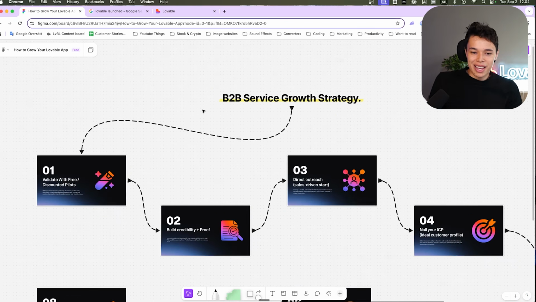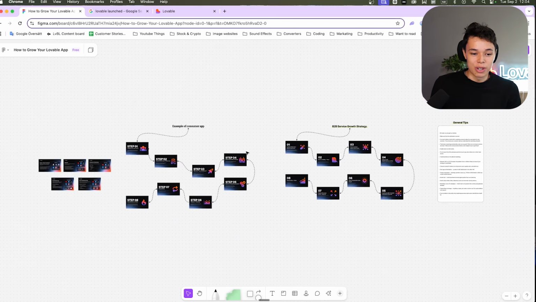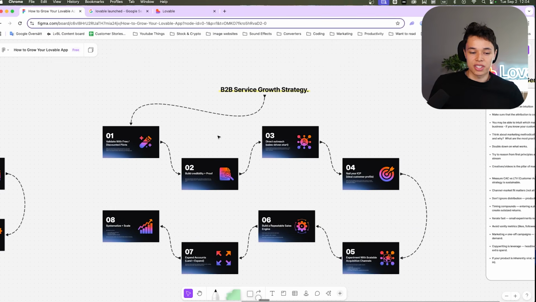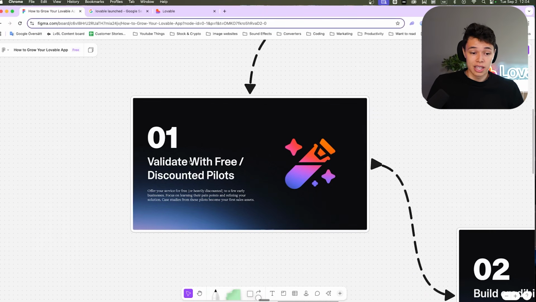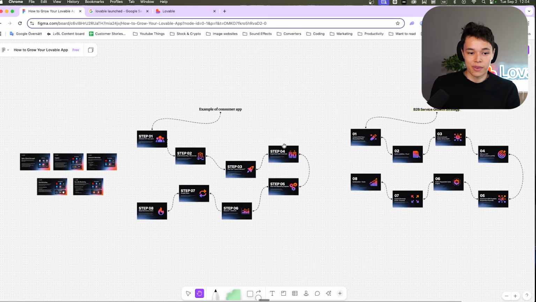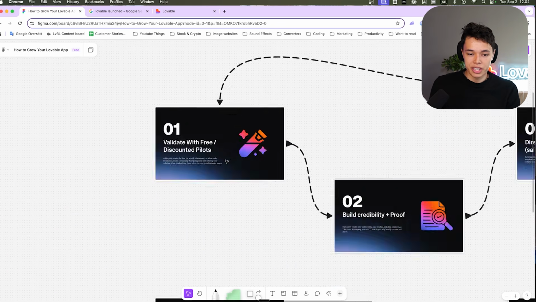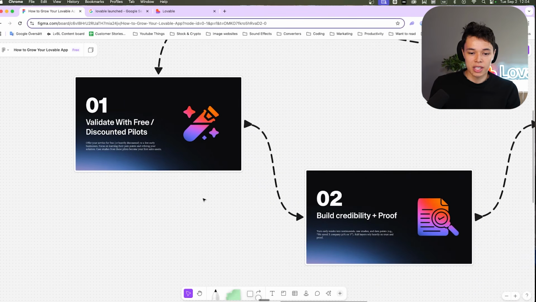So let's move over to the enterprise strategy, which is not consumer-led. So this is actually a company which is only selling to companies. Essentially, that's their priority. In those cases, you want to start, of course, with validating your product, and you can do that with test pilots where enterprises try your product for free, and you will of course have to adopt some sort of reach out strategies to these companies, but you can give them a test pilot,